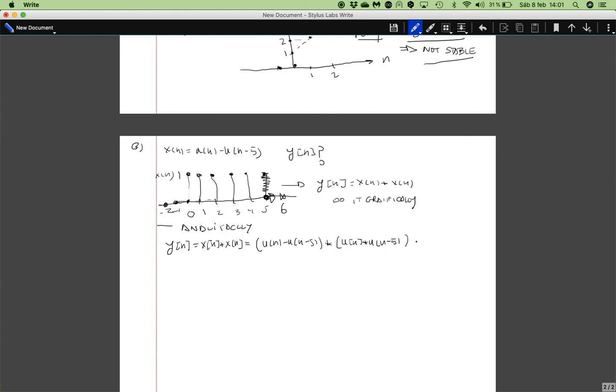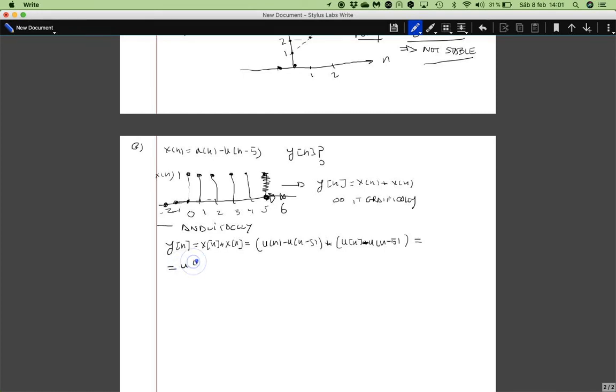Okay, so we now apply, sorry, this is a minus here. So we now apply the property, which is the distribution of the convolution with respect to the plus or minus operation of the signals, and we will have